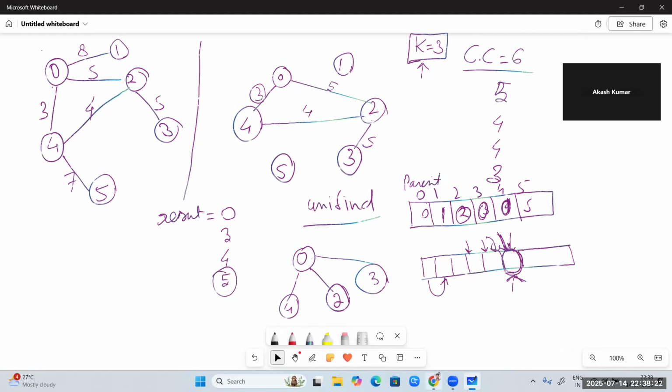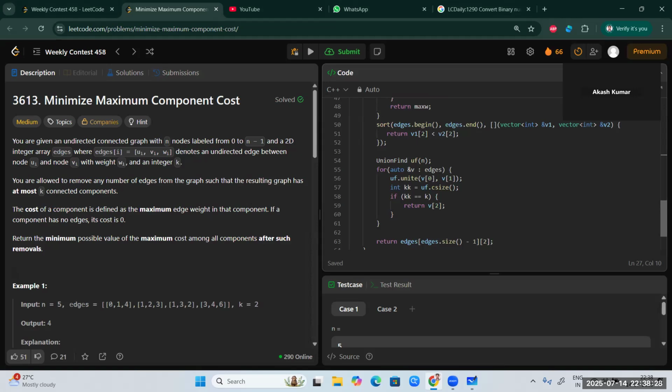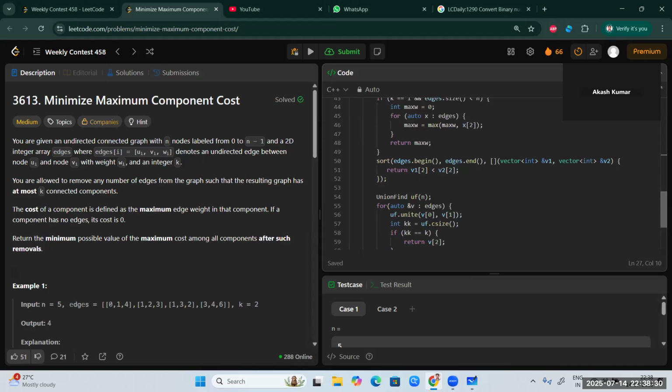Let's move to the code. The code contains the implementation of the